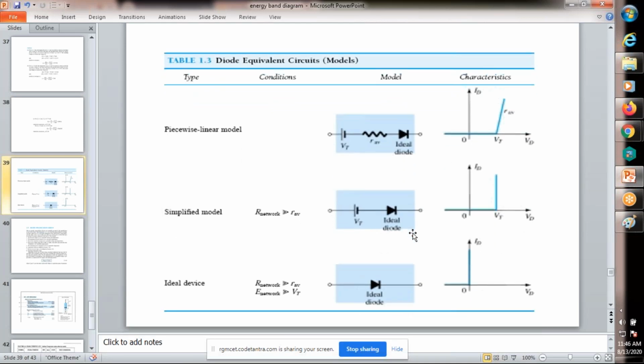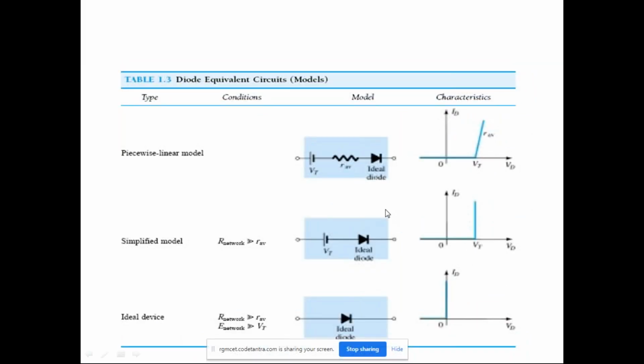Okay, these are a few diode models. In this study, some diode models are given. Here, this is the piecewise linear diode model. Only consider the forward bias. Up to some V gamma, the current is equal to 0. Greater than V gamma, current flows, but the current increases according to some dynamic resistance R_AC.